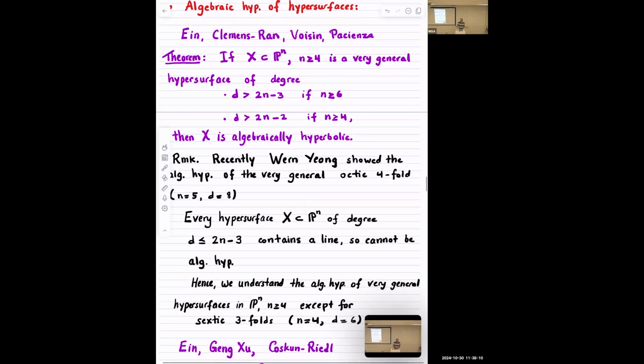And as Professor Hsu explained in the past hour, these results go to Ein, Clemens, Ran, Voisin, Pacienza, and basically they say the following thing. Suppose I have a very general hypersurface in projective space, and here I want the dimension n to be at least 3. Then if the degree is bigger than 2n minus 3,